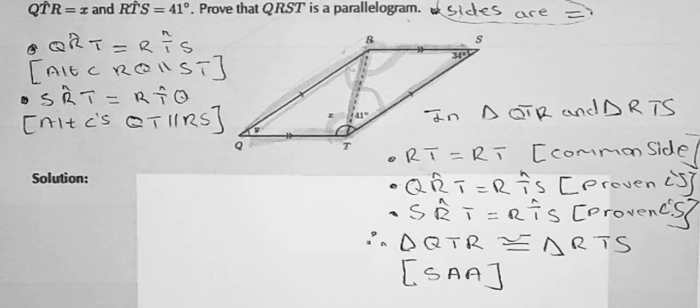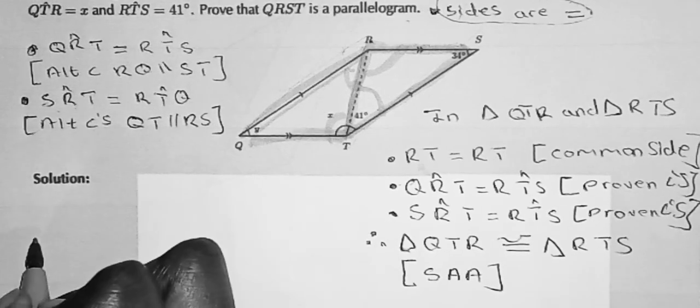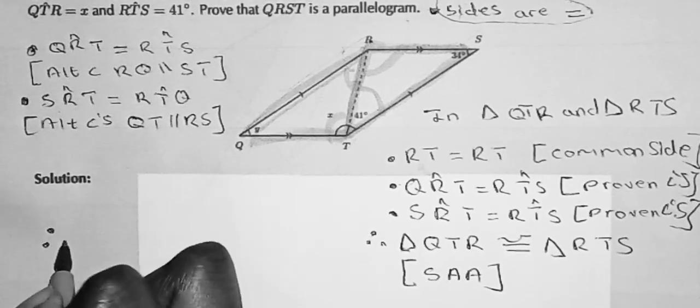And after that, I have to tell the question, how is this quadrilateral a parallelogram? Because we're given parallel lines, which means that those parallel lines have to be equal in order for this quadrilateral to be a parallelogram. So I'm going to say, therefore, final answer,